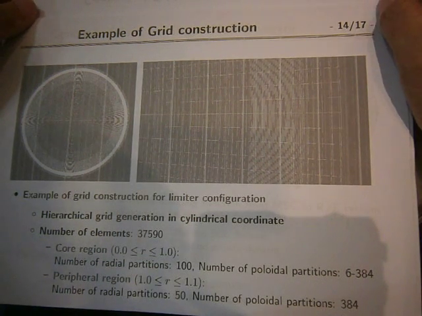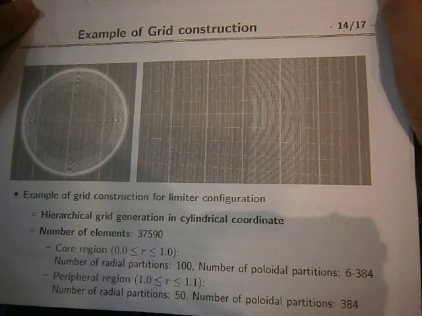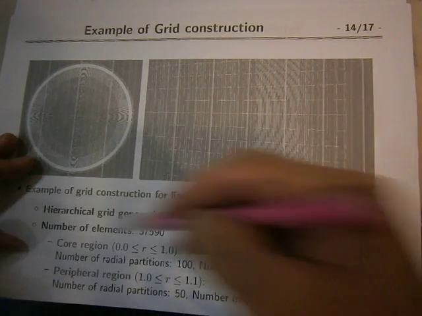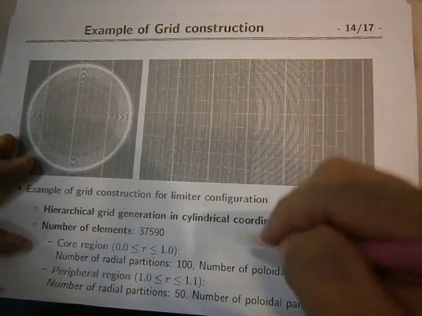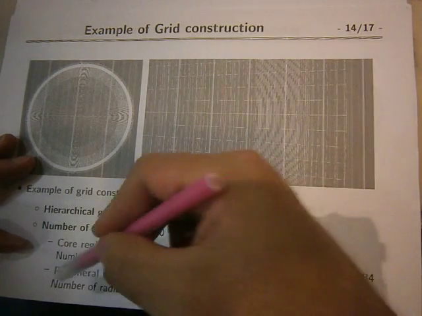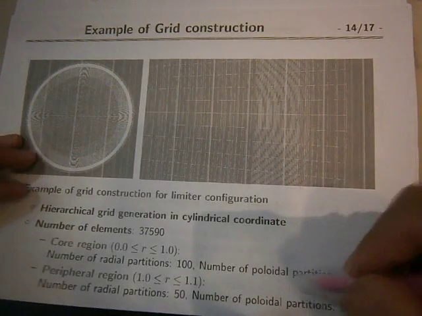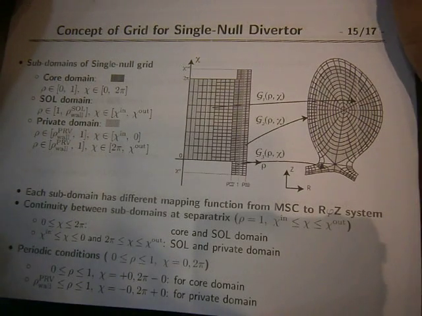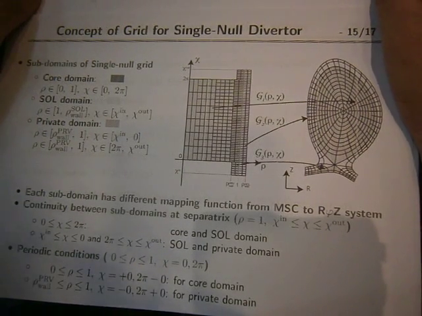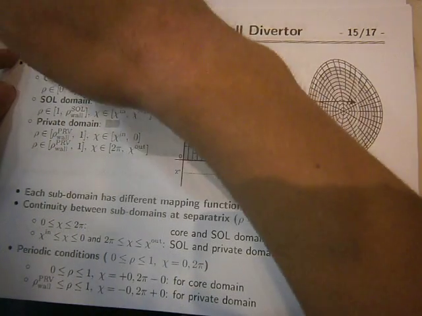Healthy grids generator cylindrical coordinate, number of elements. Coordinate number of radial partition, number of vertical partition, practical region, number of radial partition, vertical partition. The concept of grid simulation now. Simulation grid coordination,